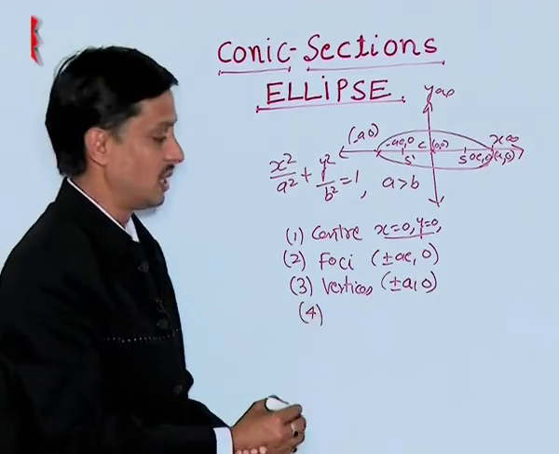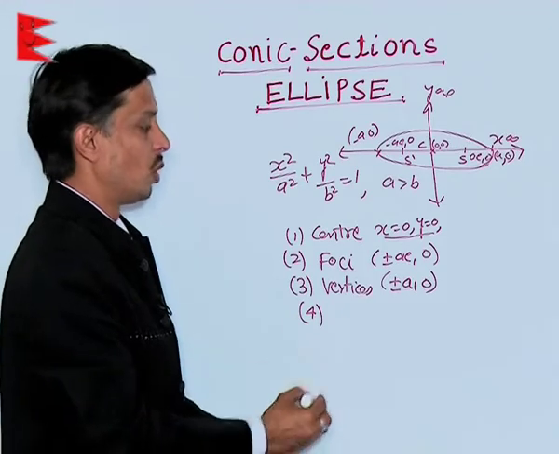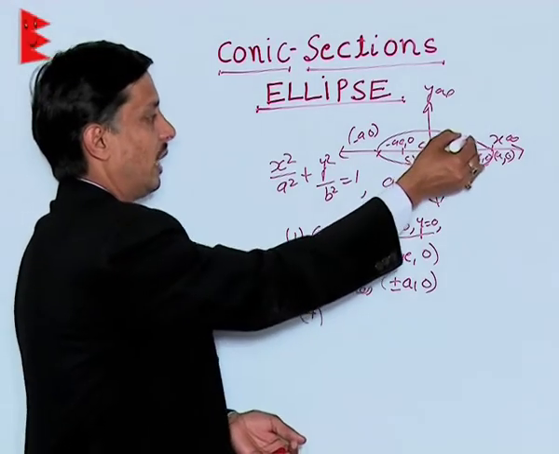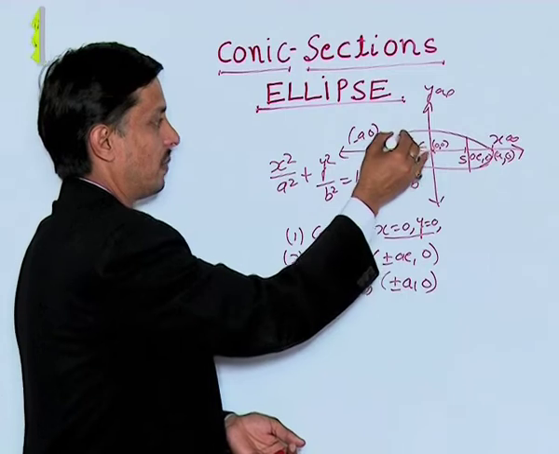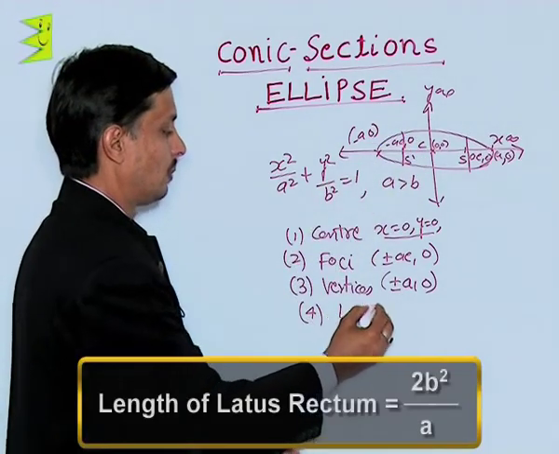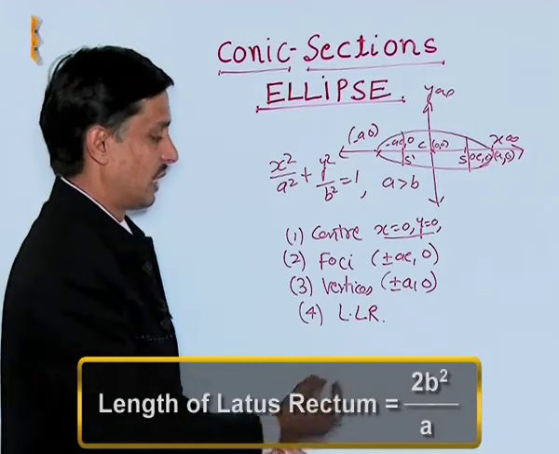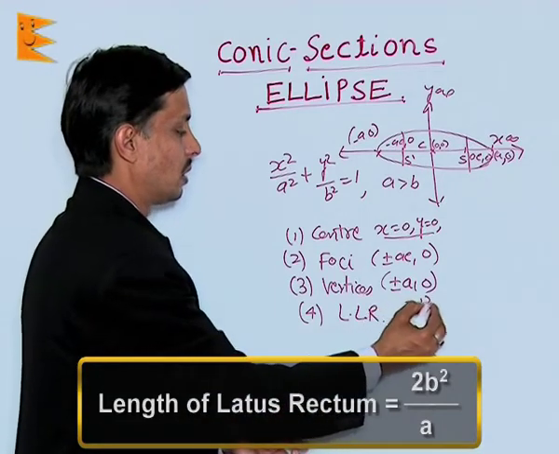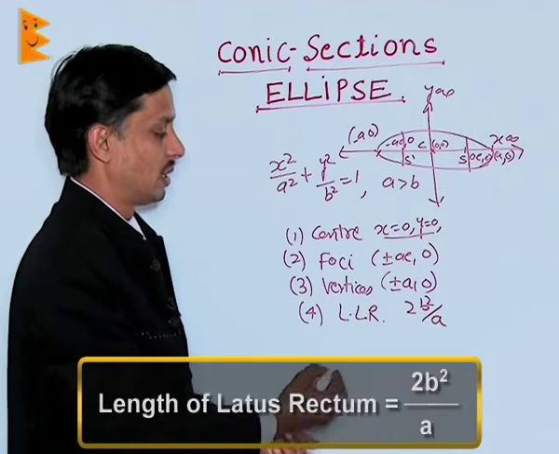After the vertices, we must know the length of the latus rectum. Two equal latus recta are possible. These lengths are given by the same result,